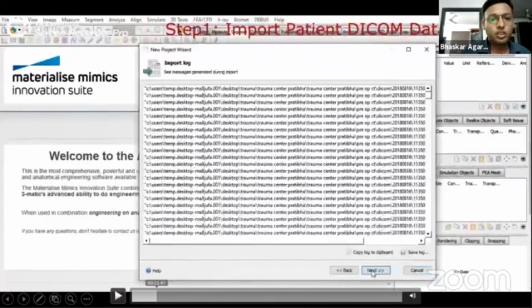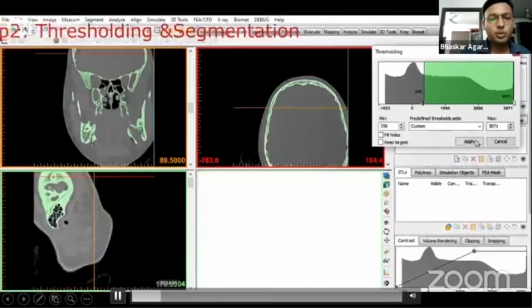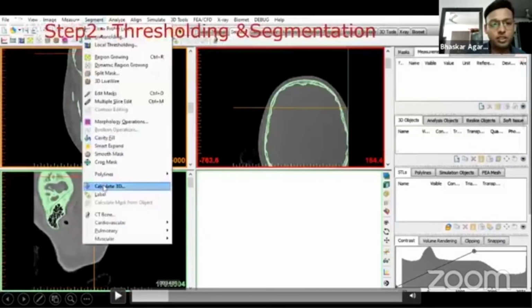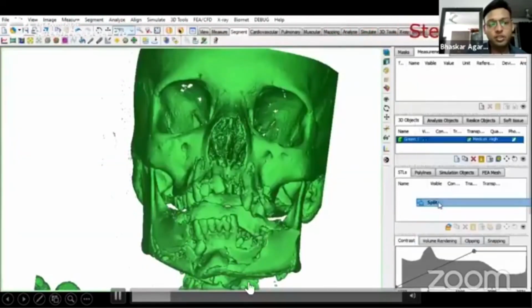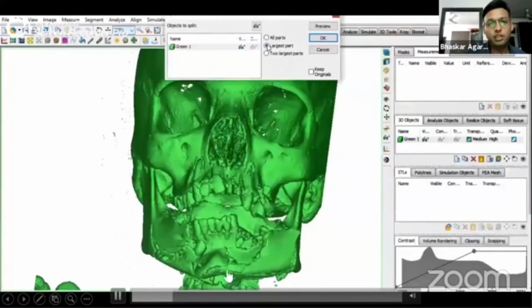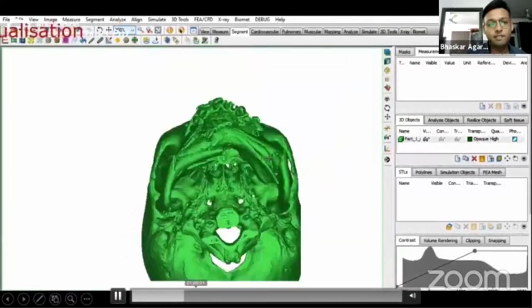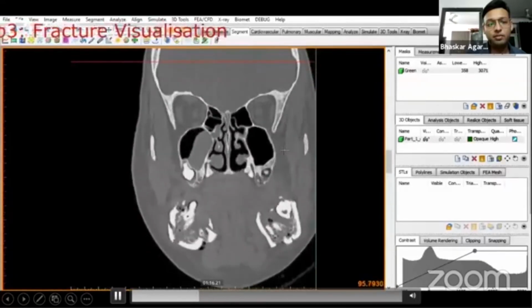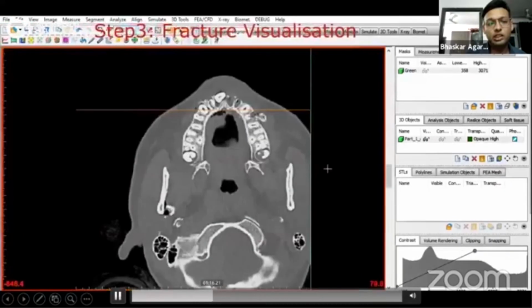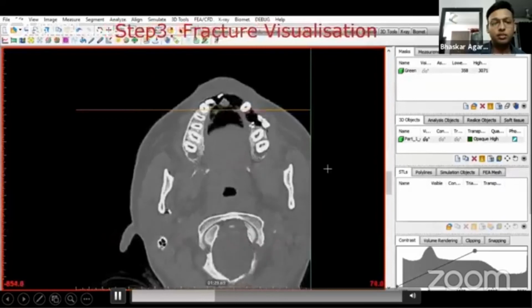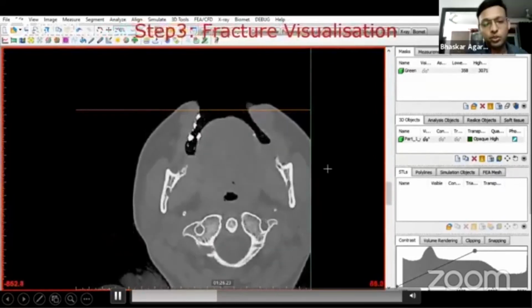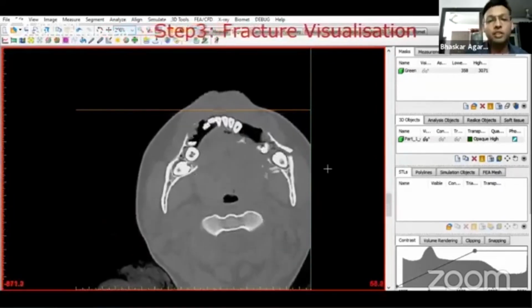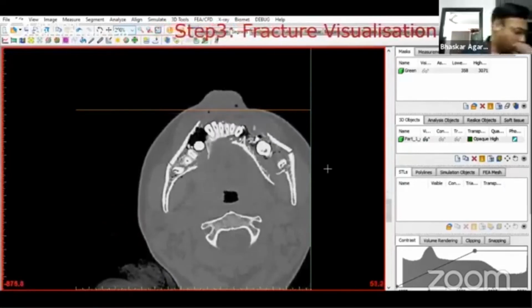So you import the CT scan data into the software. This is how the mandible was completely broken. These are the multiple defects. This patient had a fall from height and had severe comminution of the mandible as well as long bones.